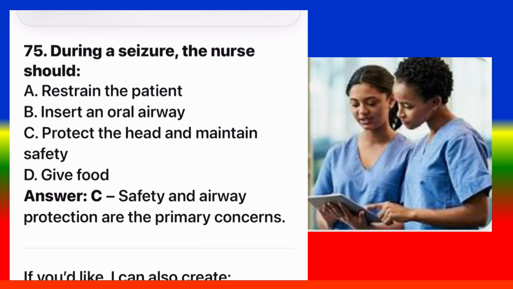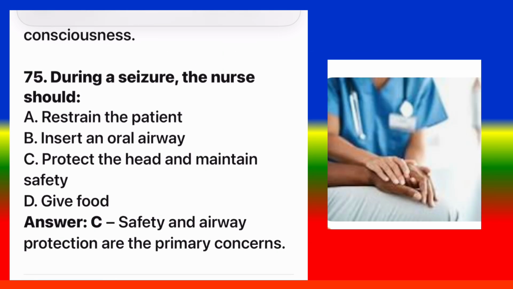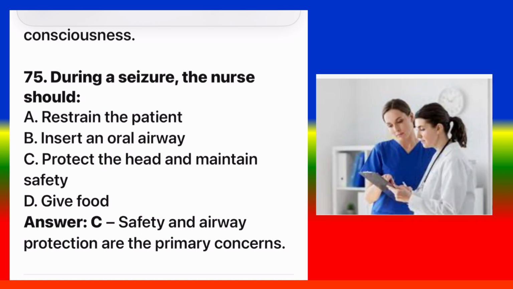75. During a seizure, the nurse should A. Restrain the patient, B. Insert an oral airway, C. Protect the head and maintain safety, D. Give food. Answer C. Safety and airway protection are the